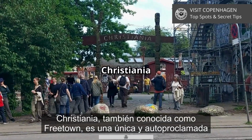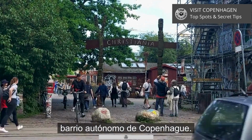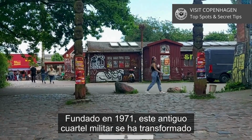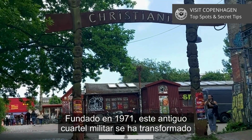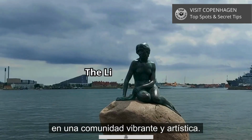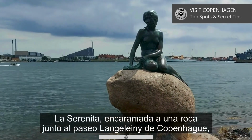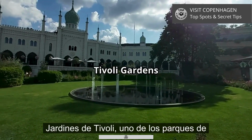Christiania, also known as Freetown, is a unique and self-proclaimed autonomous neighbourhood in Copenhagen. Established in 1971, this former military barracks has transformed into a vibrant, artistic community. The Little Mermaid, perched on a rock by the Langelinie Promenade in Copenhagen. Tivoli Gardens, one of the world's oldest